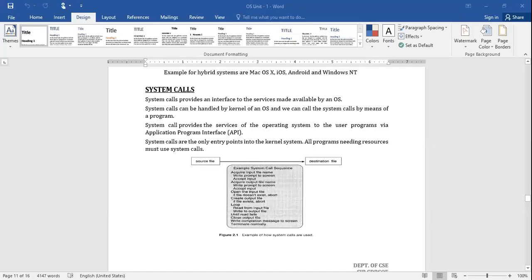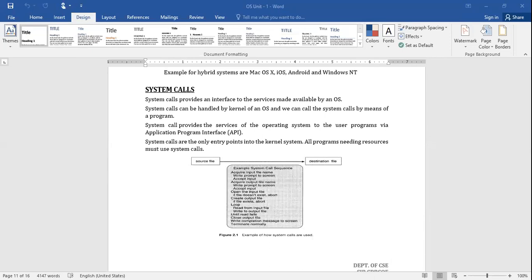Right, in the last class, we discussed the structure of the OS, where we discussed the monolithic structure, layered structure, microkernel, loadable kernels and hybrid models.